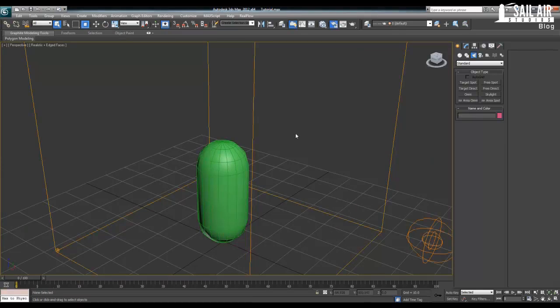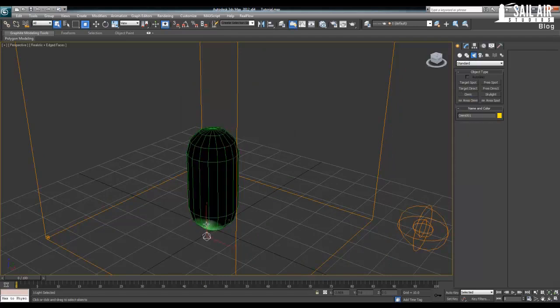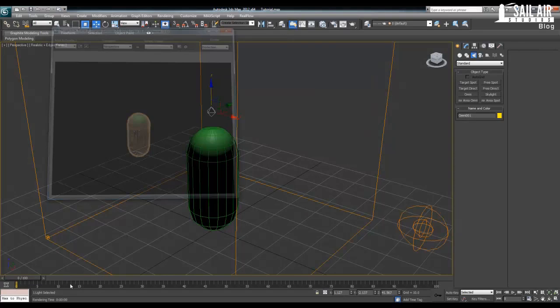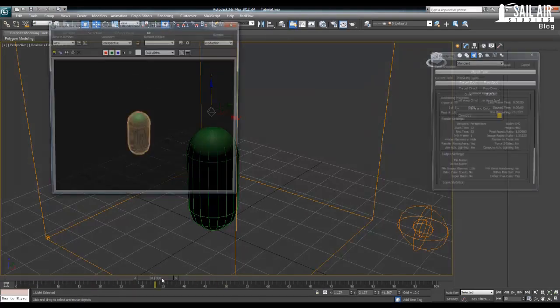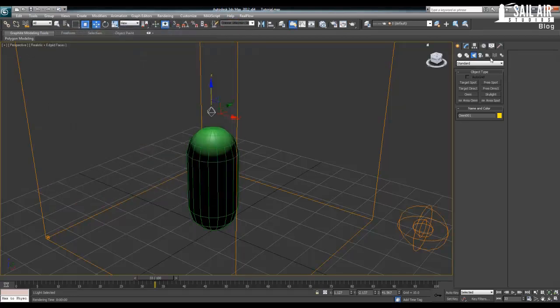Alright, so we're going to use, I don't want F10. I want my light. Put an Omni light in there. Pull it up here and set it to be just above it. This is going to be like the color of the flame that's giving off. Because if we render this, after it's been simulated a bit, you can see that the flame doesn't give off any color. Even if we put a plane around the edge of it,